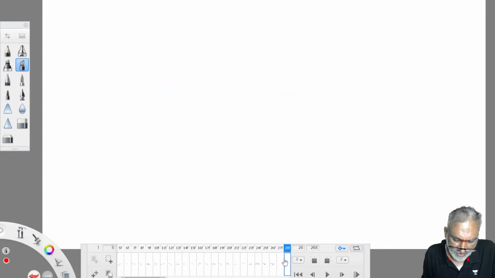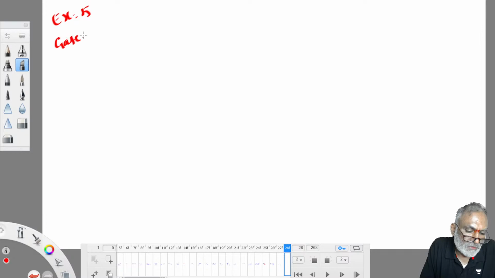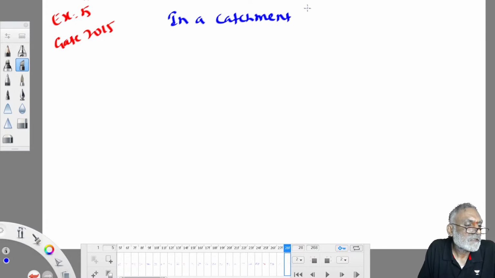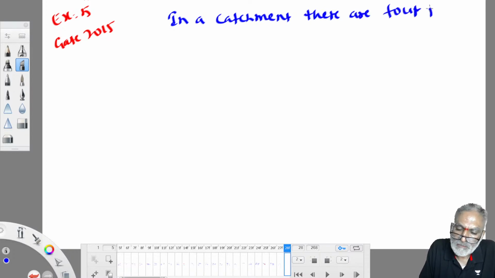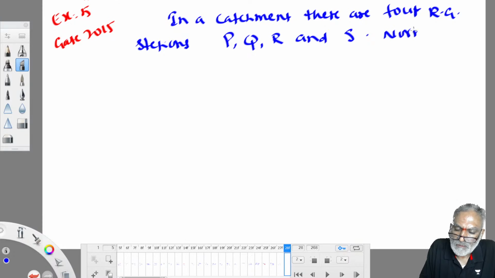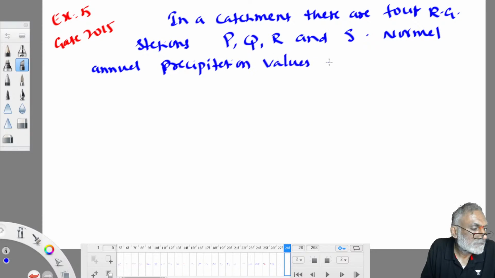Let us try one more question. GATE question, let us try. This was asked in GATE 2015. A good question. In a catchment, there are 4 rain gauge stations, P, Q, R and S. Normal annual precipitation values at these stations are,